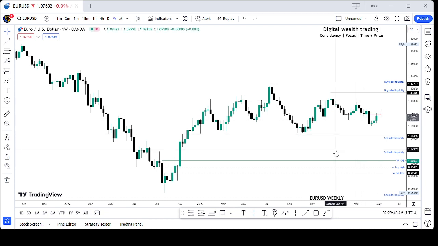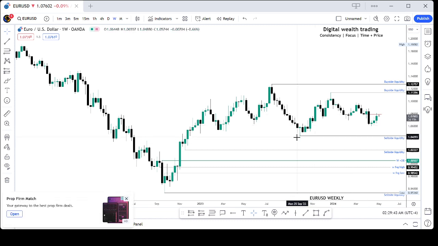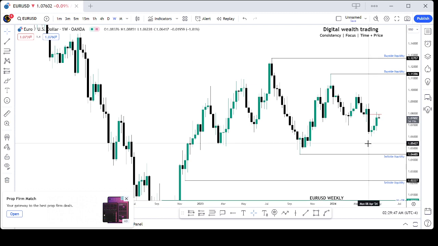Our current major draw on liquidity is these areas of liquidity, which is this sell side liquidity, right? Not this one, because we reacted off of a bullish fair value gap on a daily time frame that delivered us here. So when we come back and we price below it, we are going to retest it, then it's going to deliver us back into this area. That is very, very important.